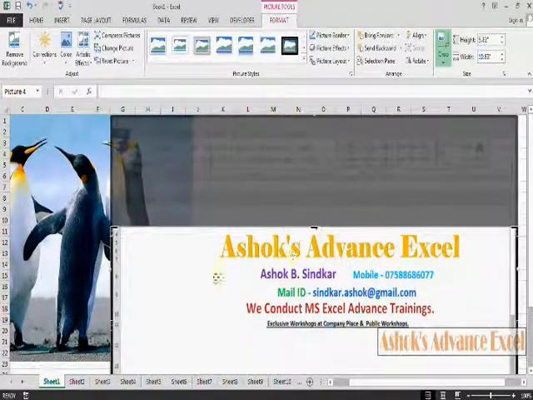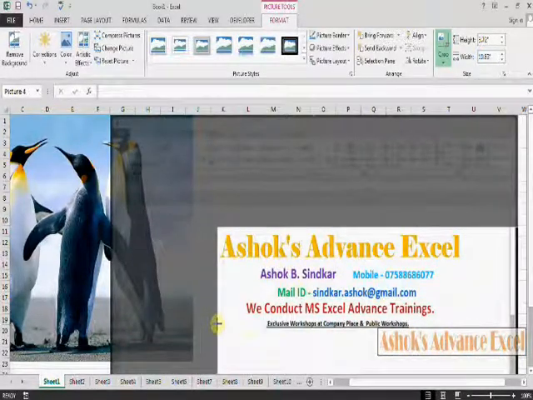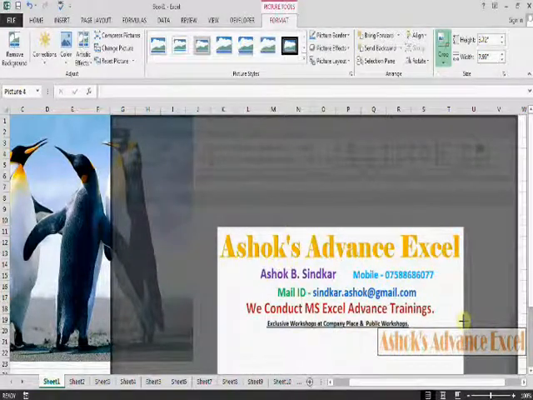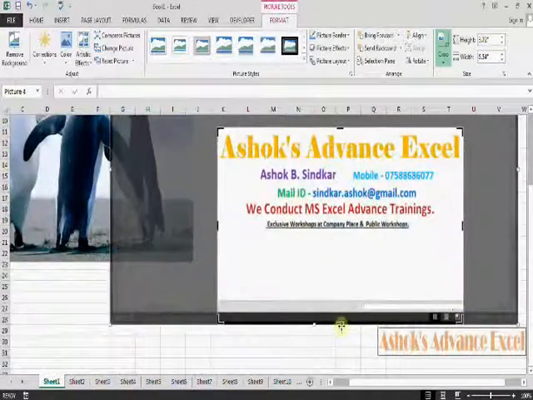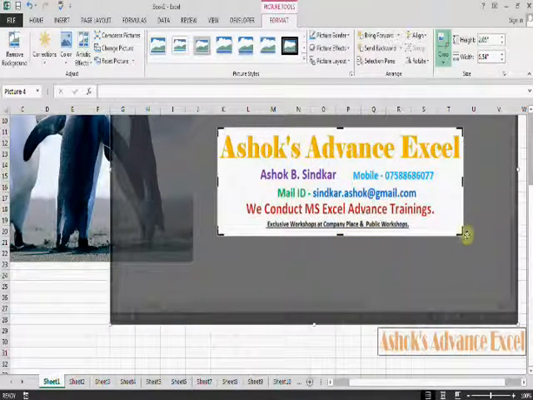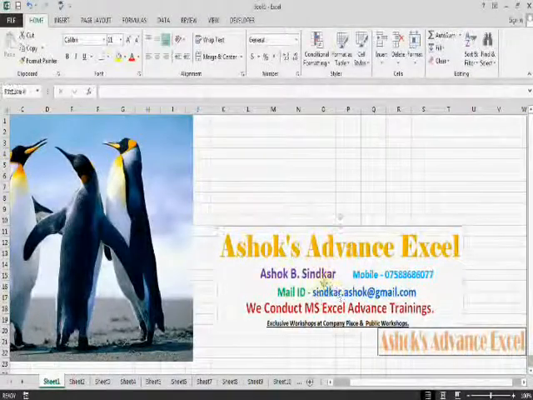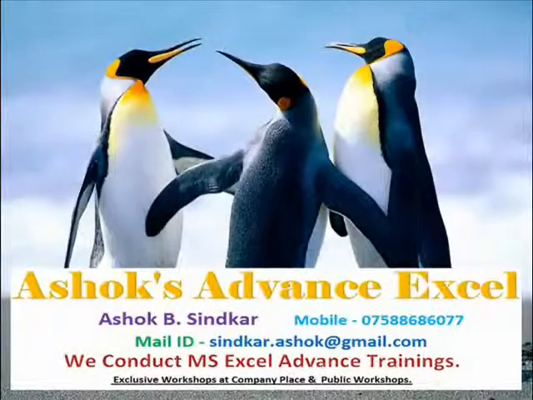Whatever you want to crop, just select that area. Now click away and you can see that the cropped portion is final now. Just resize it and bring it where you want.